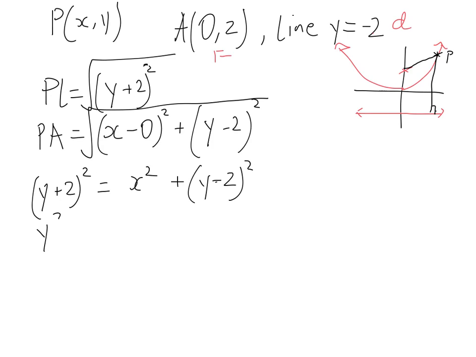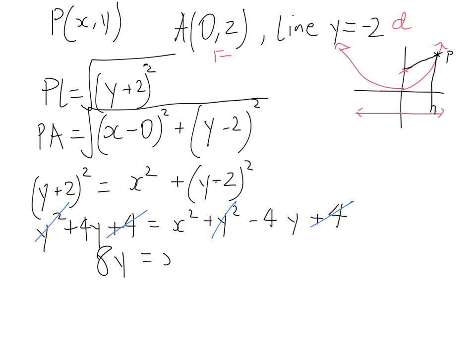Expand that one out: y squared plus 4y plus 4 equals x squared plus y squared minus 4y plus 4. Well, let's see what happens here. These y squareds are equal on both sides, so can be removed. The 4 and 4, well, they're equal also. I'm going to rearrange this now. What I end up with is 8y equals x squared, or in the more conventional form that we use, x squared equals 8y. Now, of course, that is a parabola with its vertex at the origin,